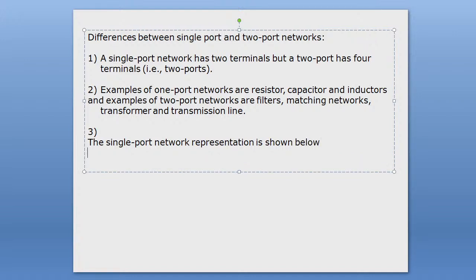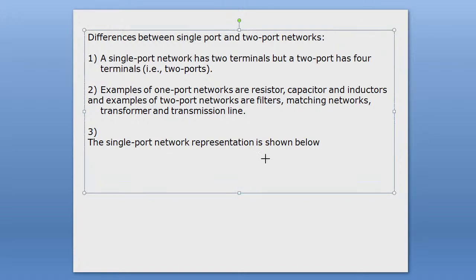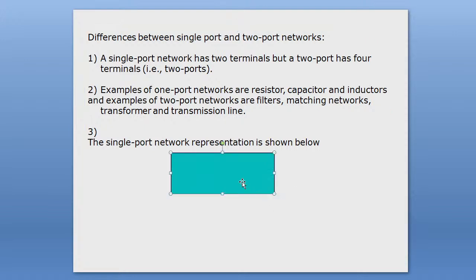Okay, let me draw it. If you draw a box,